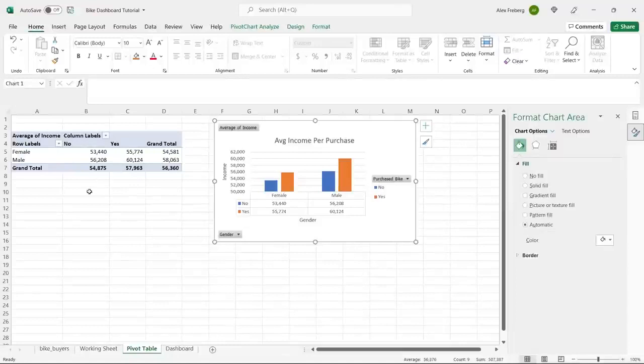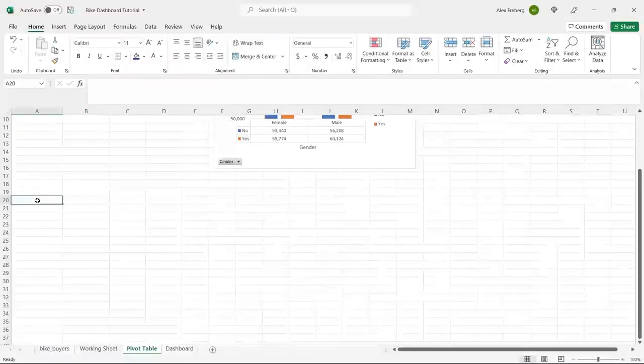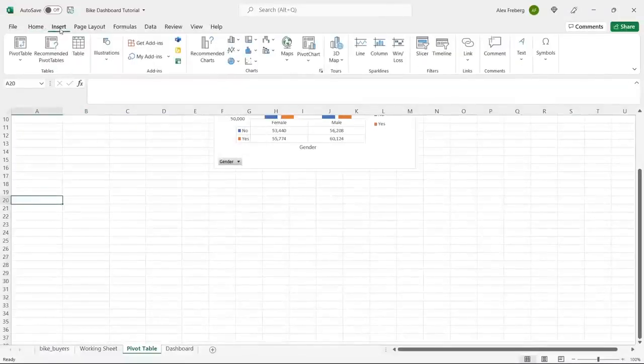So we created our pivot table, and then we created our visualization. That's basically exactly what we're going to do for all of these, because all of these need pivot tables in order to create the visualization. So let's get out of here. We're going to scroll down and create our next pivot table, and once we get done with all of the pivot tables, or all the visualizations that we need, then we will